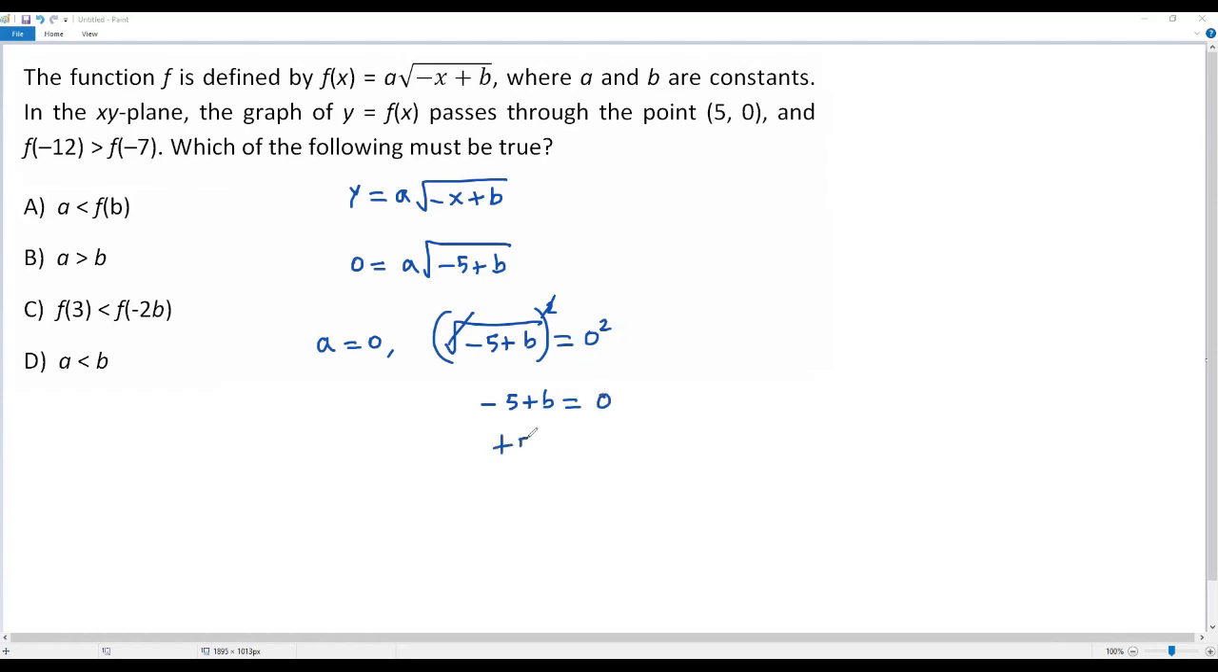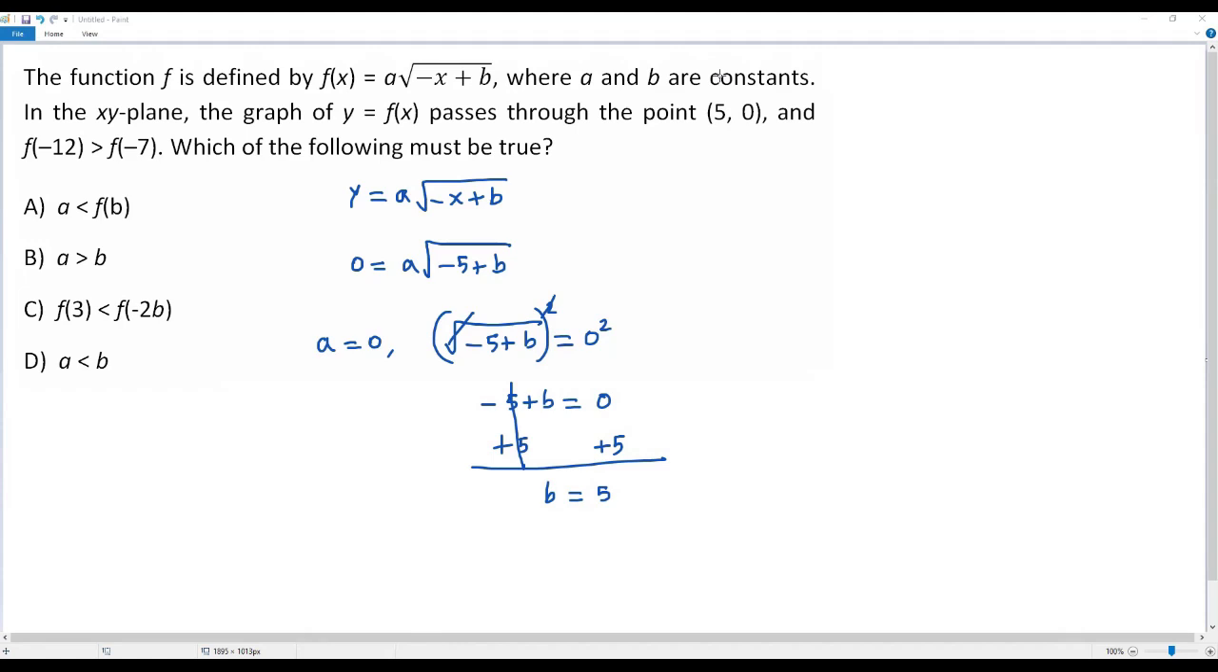Now let me add 5 to both sides of the equation. When I do so, this negative 5 and positive 5 will cancel out. I'm getting b on the left side. When I simplify the right side, I'm getting 5. Here I got the values for a and b, that is a equals 0 and b equals